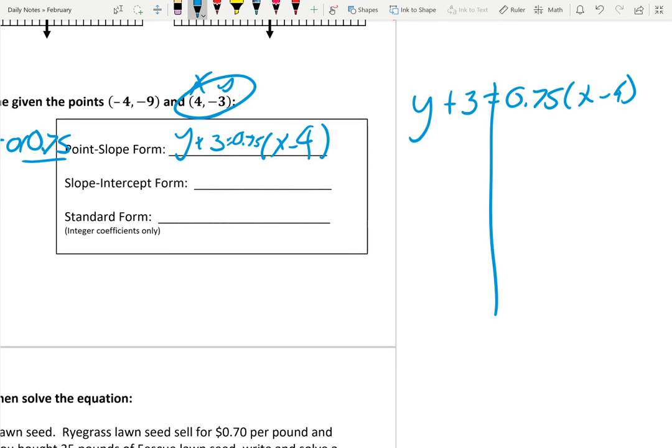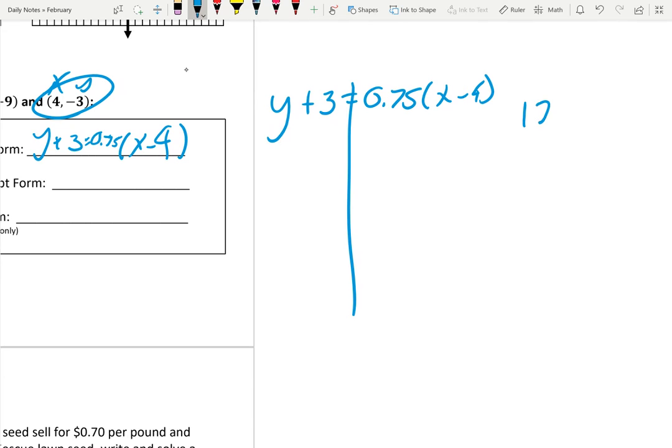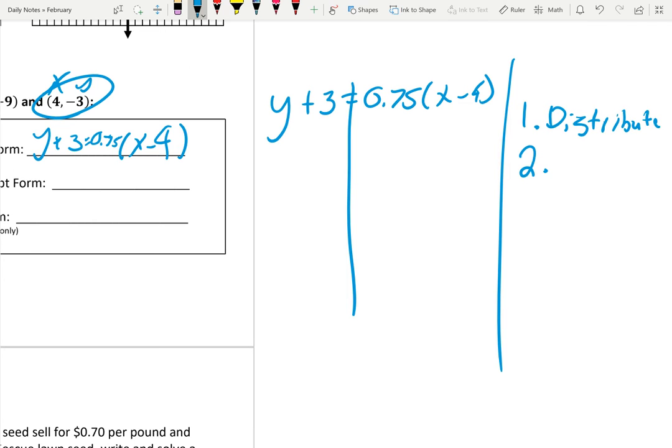So here's what we do to rearrange it. We do 2 steps in order to get to slope-intercept form. So step 1, distribute. So distributing to get rid of these parentheses. So that gives us y plus 3 equal to 0.75x. And then 0.75 times 4 is 3, so minus 3. The second step would be